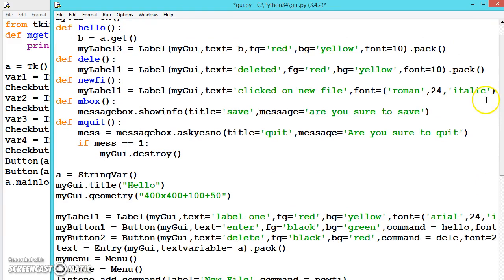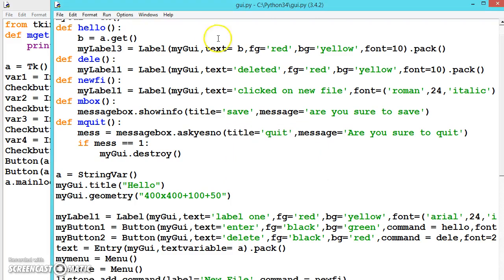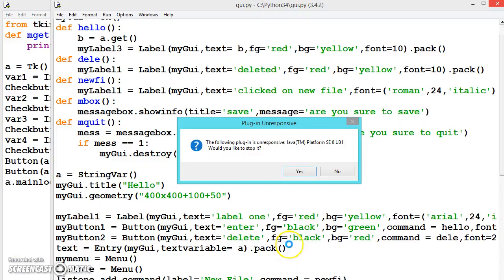So let me first execute this program, what we have created. Instead of again creating menu items and menu bar, we have seen it already. So let us make the changes to that program itself. It is showing unresponsive.